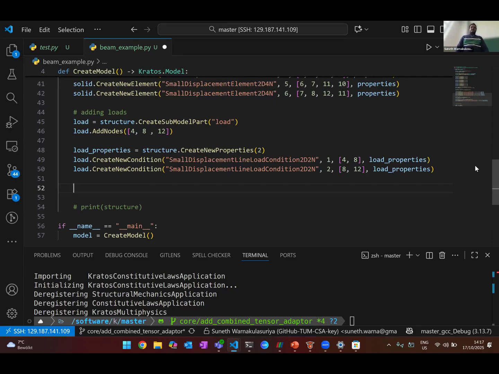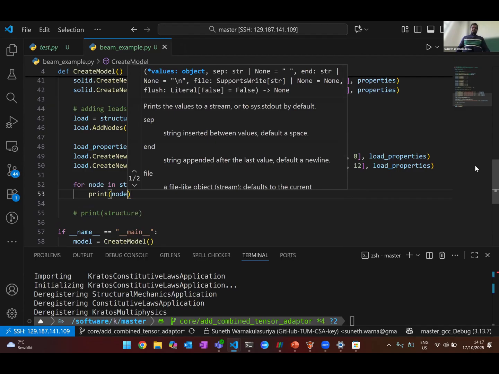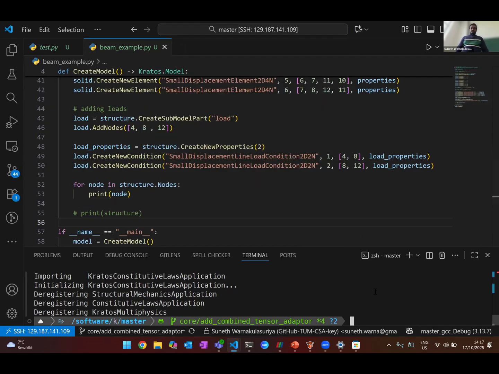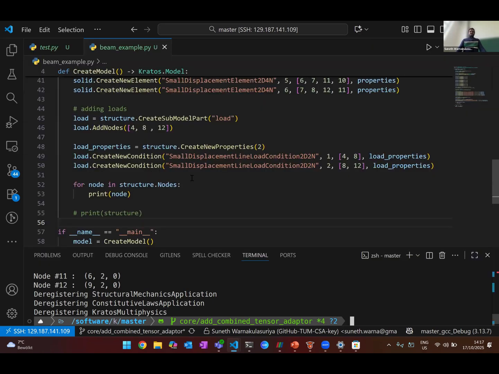First, iterating through the nodes. For node in structure.nodes. That's how you iterate through nodes. If you like, you can print the node. So let's see what it prints. So you see here, node 1, 0, 0, 0, 3, all the locations. And it says nothing about the degrees of freedom because we haven't added any degrees of freedom. Once we add,